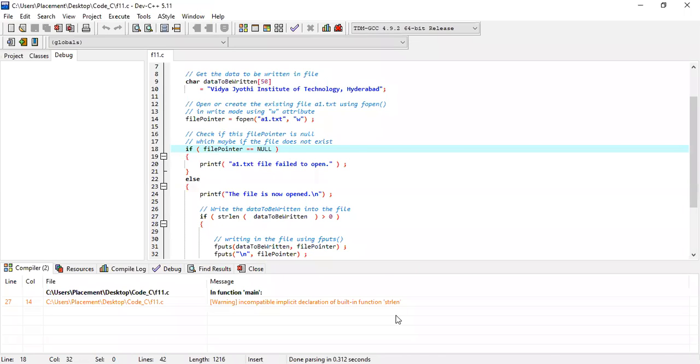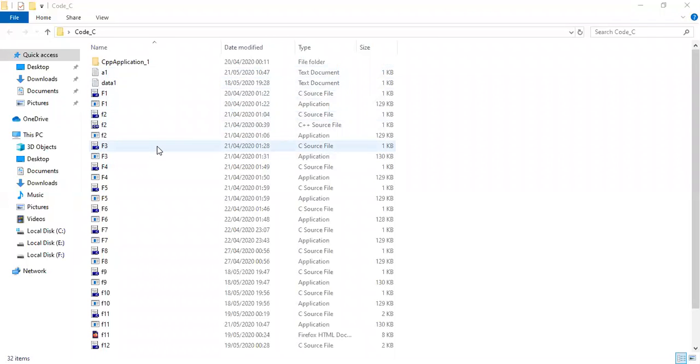So what will be our next task? Our next task is to find out, I think you can see my folder, and let us open a1.txt. So Vidya Jyoti Institute of Technology has been written at the a1.txt file. So we close it, we'll get back here,